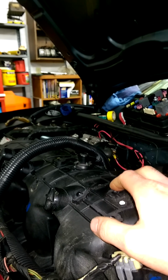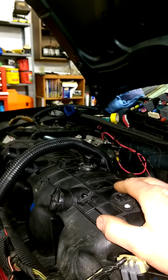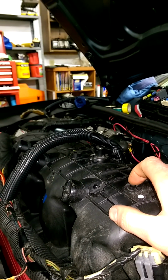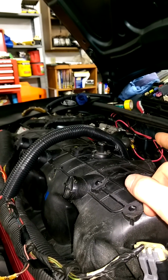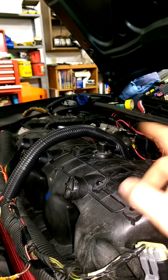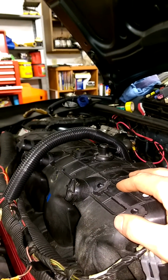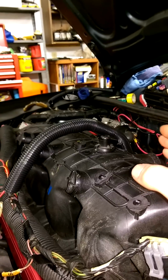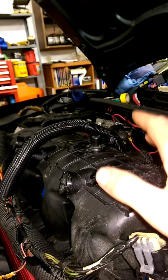I gained, because I have an aftermarket cam, I put headers on it and full exhaust. I already had the aftermarket cam in it before. I made 330 horse and 377 foot-pounds of torque. This go around, I made 377 horsepower and 382 foot-pounds of torque, and the power band on this thing was